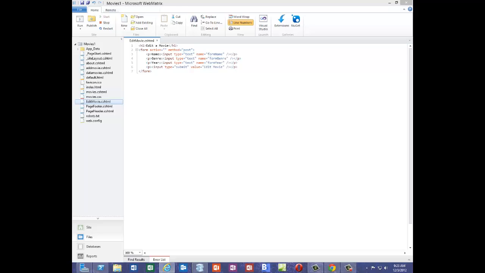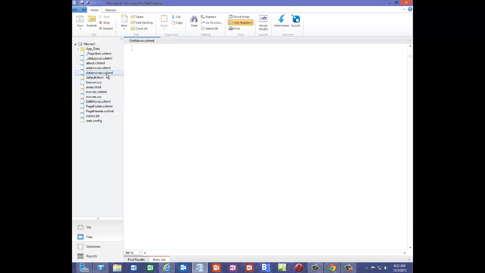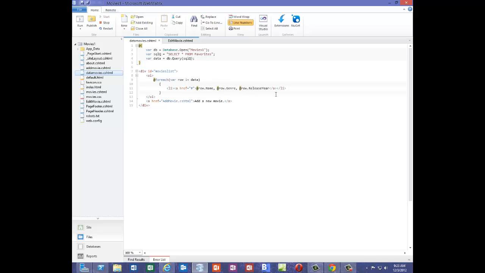Okay. So now we're going to go, it says call the edit page from the movies list. Now we have the basic foundation for the edit form, but how do we initialize the form with the contents of the database? Okay, so we're going to go back to our data movies.cshtml,